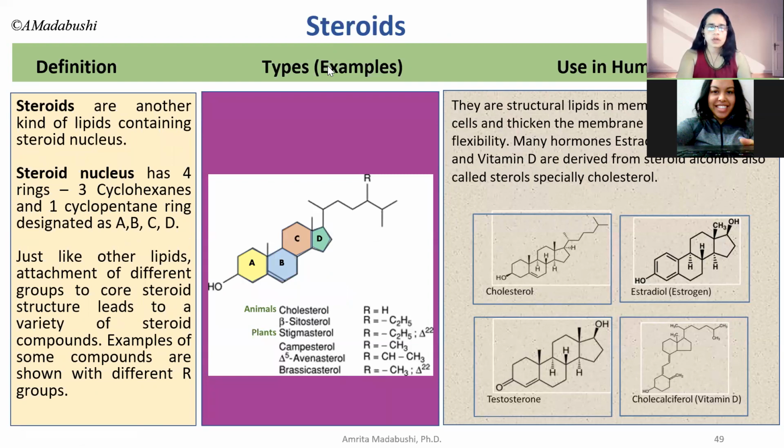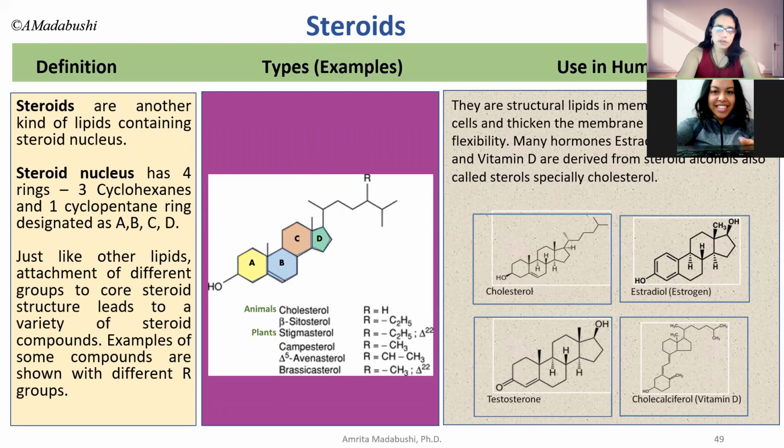Okay, so what about steroids? Steroids are another type of lipids. What gives me reason to remember steroids is all these ring structures. There's a cyclohexane ring. Cyclo is cyclic and hexane is 6 members: 1, 2, 3, 4, 5, 6. So you can say cyclohexane and cyclopentane rings, 1 cyclopentane and 3 cyclohexane rings. And this, along with the side chain, or the R group, makes it a